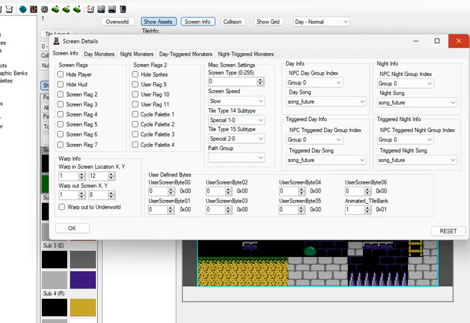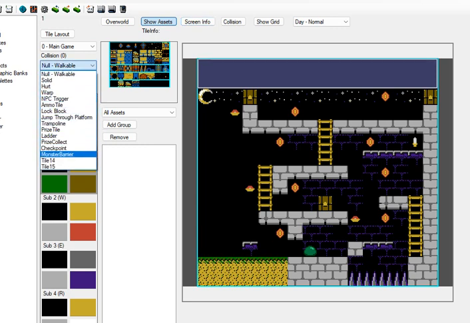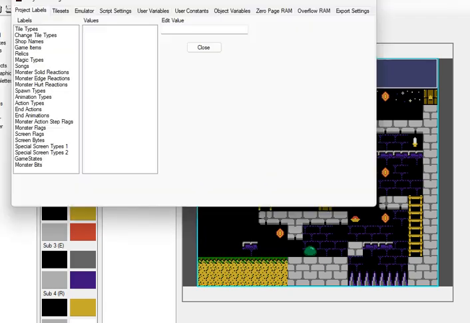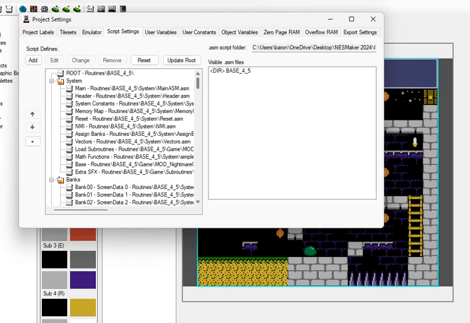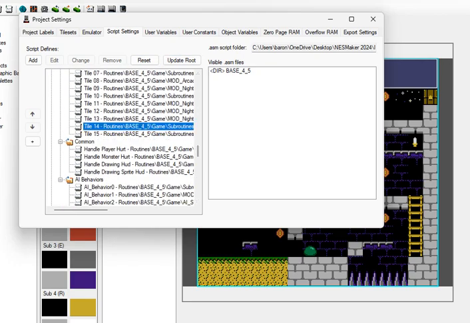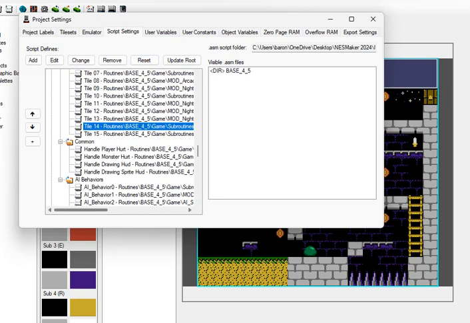Just to make sure, I'm going to say, oh look, we already have a script in tile 14. Do we? Let's double check that. Blank. We're good.